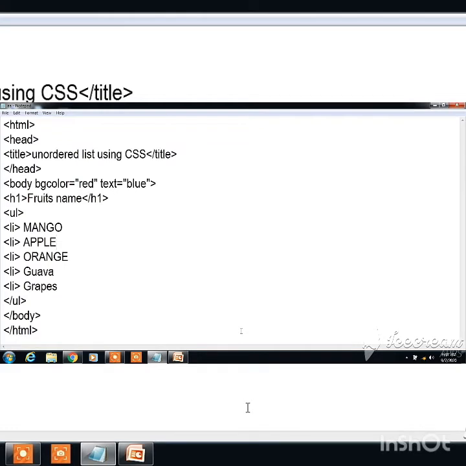Everyone, please pay attention now. I have created an unordered list. It is a simple unordered list, and here I have not applied any CSS. First of all, I'll show you how the simple HTML text is written and how we can apply some styles or coloring to that sheet. So these are normal text: HTML, head, title, unordered list. The head has been closed and it is an unordered list. How do we know? Because of the UL tag we are using. We have closed it. So let's see the output.